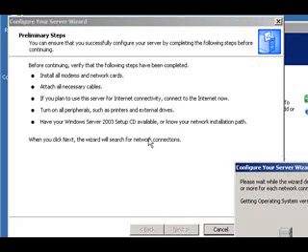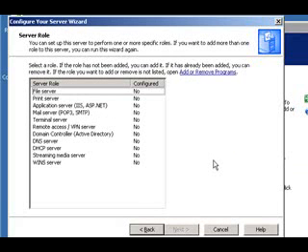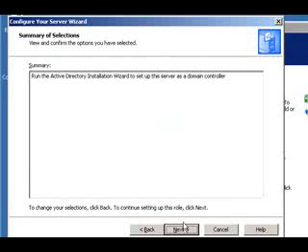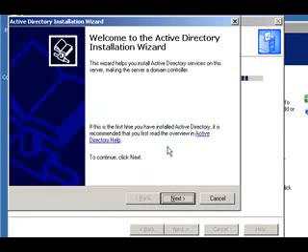It's going to run some quick checks, and then it's going to ask you to select a role. We're going to select Domain Controller, or Active Directory. And you can see that it is not already configured because we're dealing with a fresh installation. And it gives you a brief synopsis of what a domain controller does. Then we're going to click Next, and it tells you what it's going to do. Click Next again, and it's going to run the Active Directory Installation Wizard. And this is going to walk us through installing and activating Active Directory. So we'll click Next, and it'll let us know